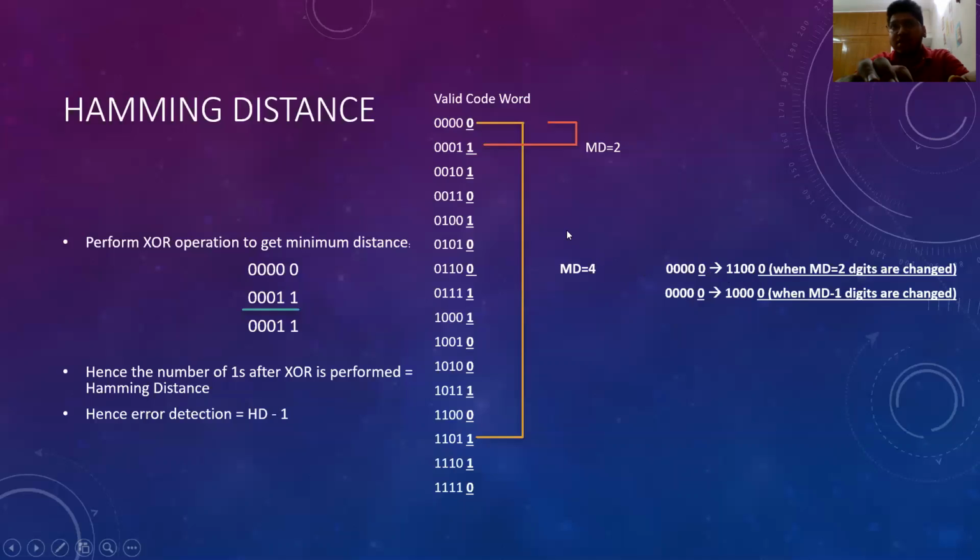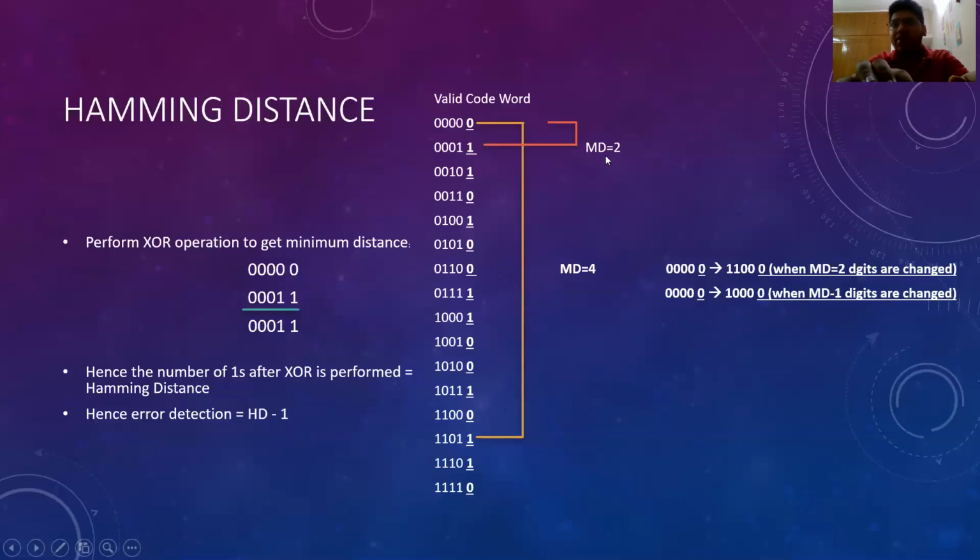Why? Because there's already a message 1100 in the series. You see this message and this message. This message is correct, maybe. If the receiver receives this message, it won't be able to tell whether the message is correct or not, because there is already such a message in the series, which means this would also be correct. So there's a difficulty here. So why did we do minimum Hamming distance minus 1? Let's check for that as well.